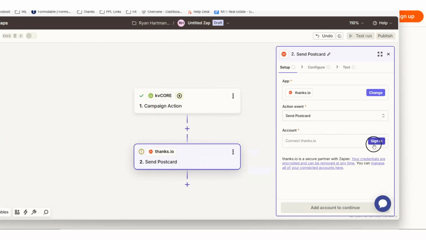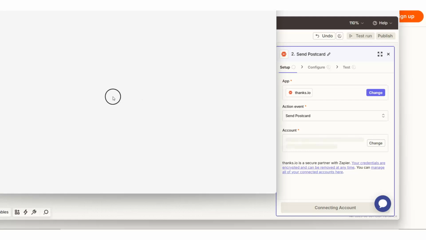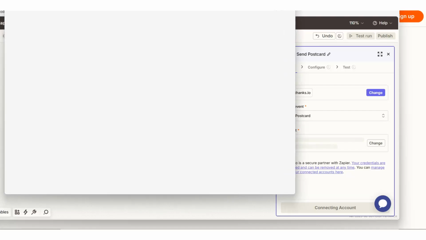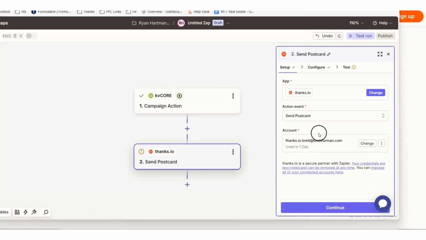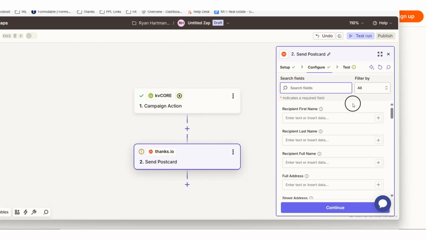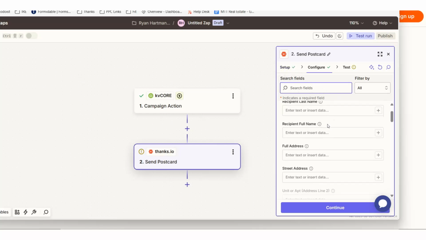So I'm going to choose send postcard. I'm going to sign into my thanks.io account the same way I did kvCORE. I have to connect it up. A little easier for thanks.io. Thanks.io is a little bit more with it when it comes to marketing automation than BoldTrail is. So it knew we were connected to a thanks.io account. It just did it. Now, the next thing we're going to do is map over the fields